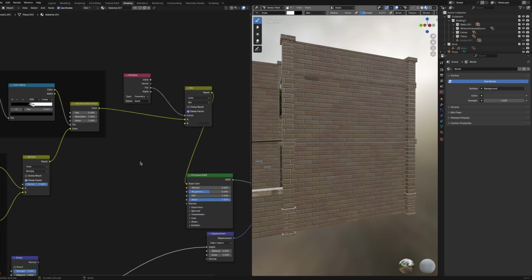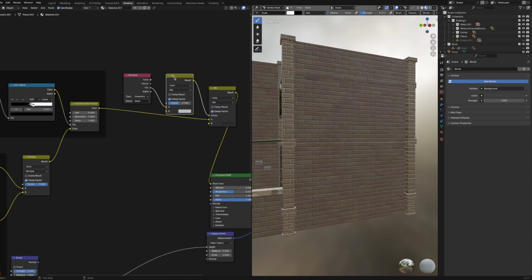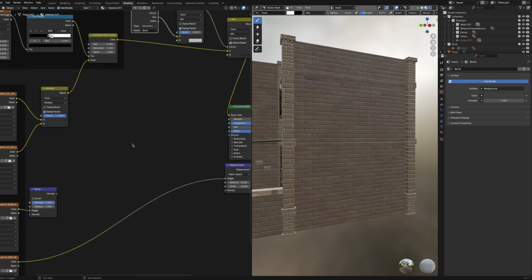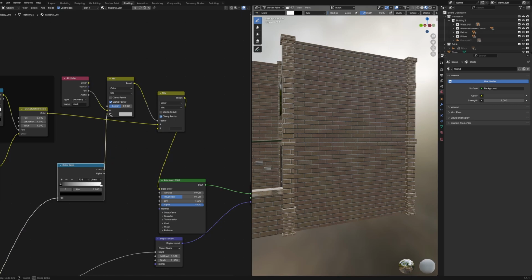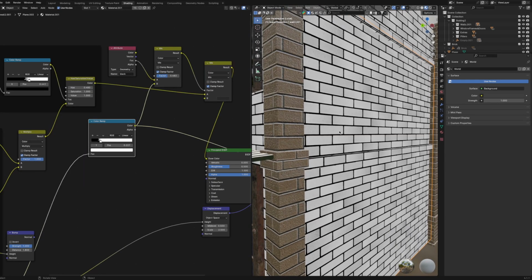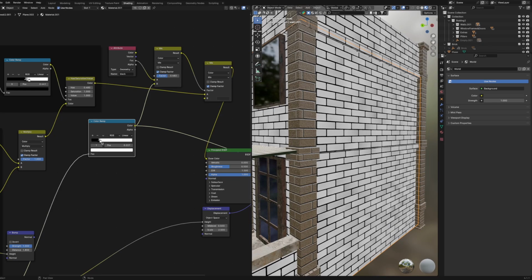First, let me add another mix color node here. Send this to A and this to factor. Okay. Now let's add a color ramp node again. And now take this displacement texture and give this to factor and this to B. This contains all the shadows in between these bricks and on the bricks. If you look closely,